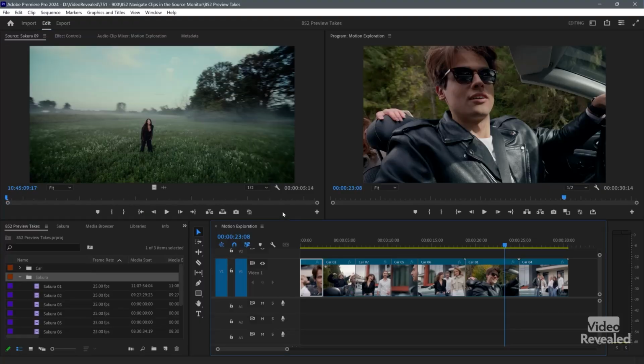Professionals, it doesn't matter if you're using Avid or Final Cut or Premiere Pro, are very used to using their keyboard shortcuts and fingers instead of the mouse, and it can get really powerful. You can jump between the program panel or the timeline and the source monitor panel with Shift 2 and Shift 3, in case you wanted to play something in the timeline and then preview the take in the source monitor. So that one is already set up, but I want to set up